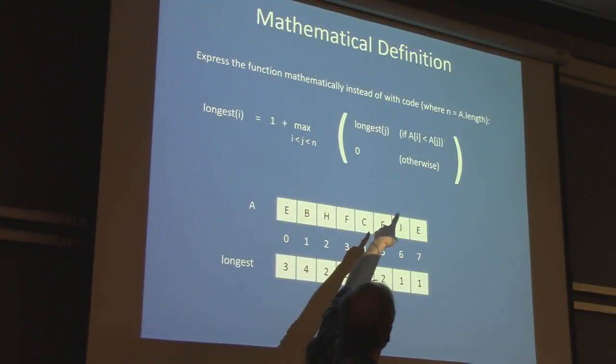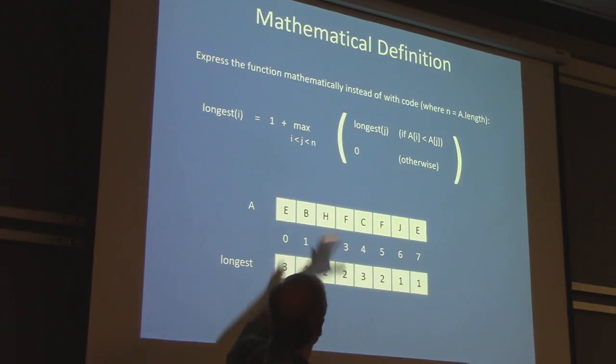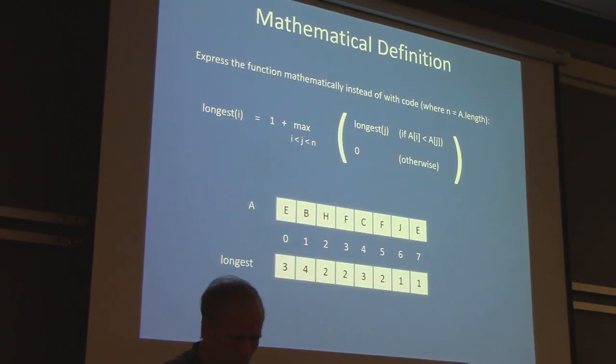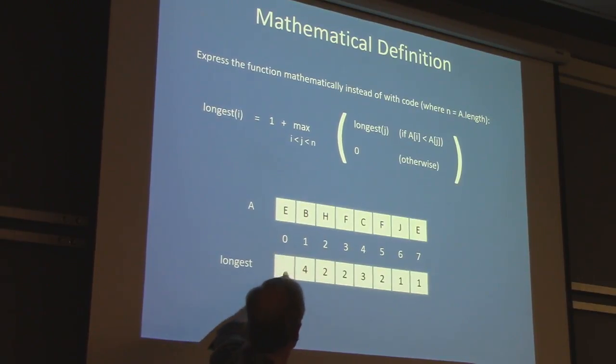And if a sub I is not less than a sub j, the max is going to be looking at a 0. So if we go back, let's go back to here. It's not really working right. That's better. Go to here. Okay, so when we're computing what goes in this box,